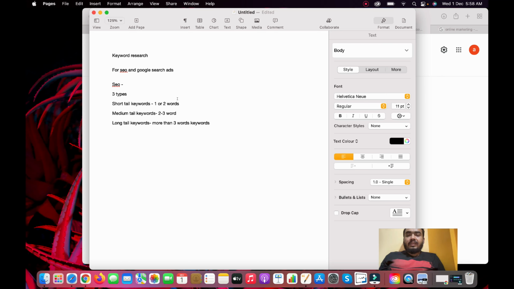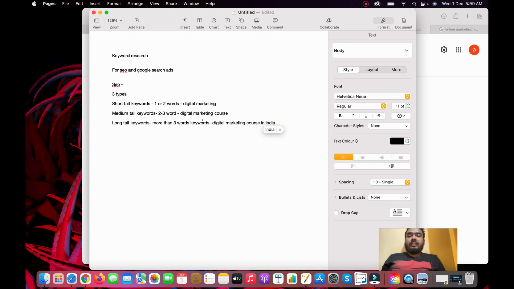A one or two words keyword could be digital marketing. Then a two or three words keyword could be digital marketing course. And a keyword of more than three words could be digital marketing course in India.